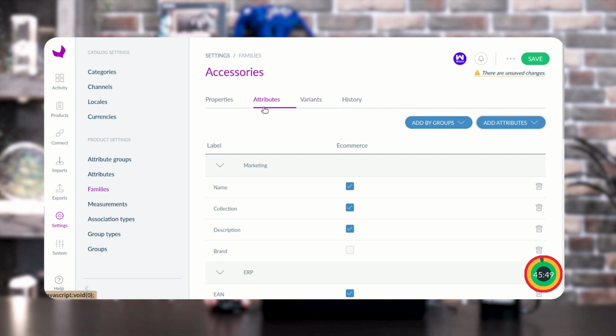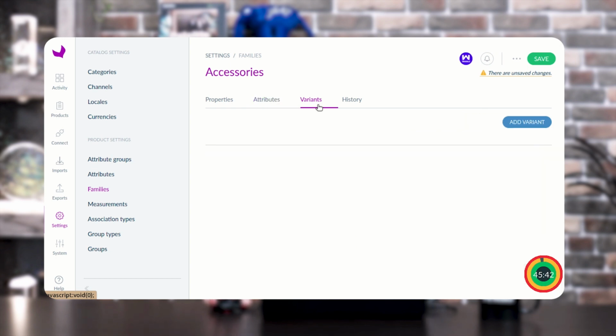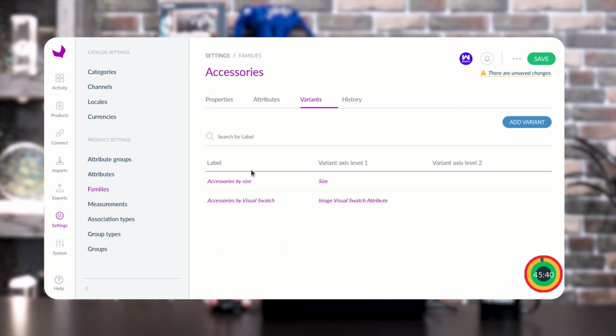Next, we do have an option of variants here in the family settings. As I have created two of the variants, and if you want, then you can also create a new one from here. I'm going to show you how you can add different or multiple variants.